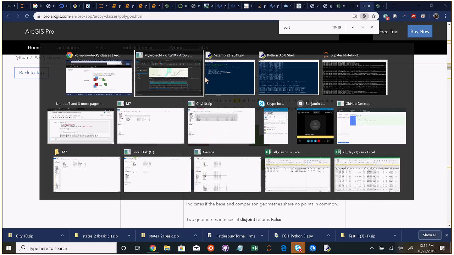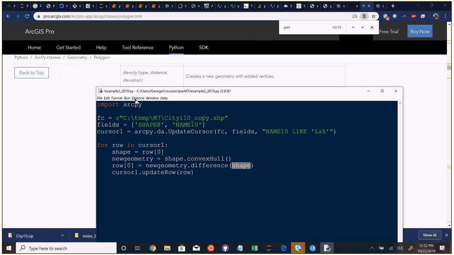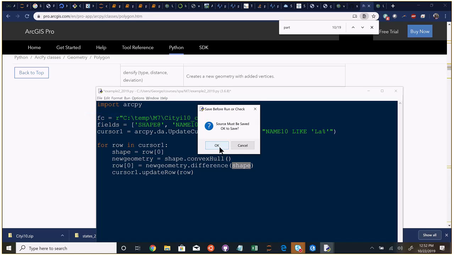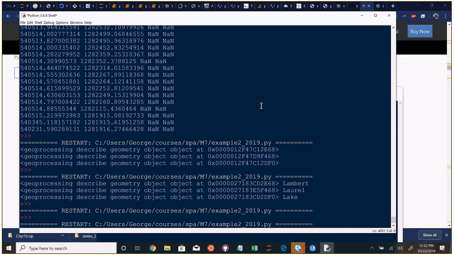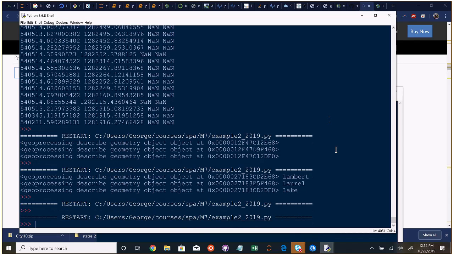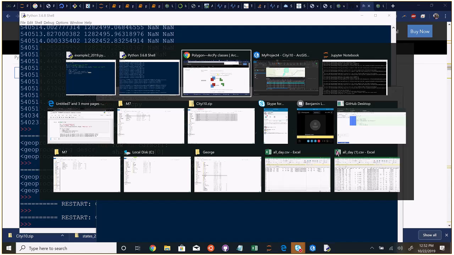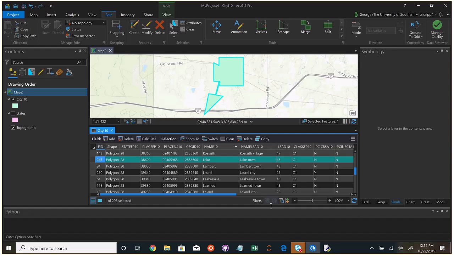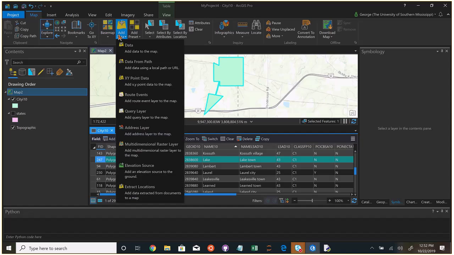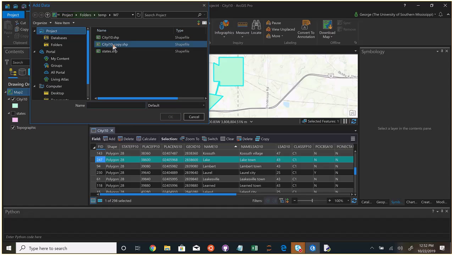So, you said the base geometry here is the new geometry, which was the red. Okay, right. I see. So I just ran it again. Let's see what happens. So I'm going to add my